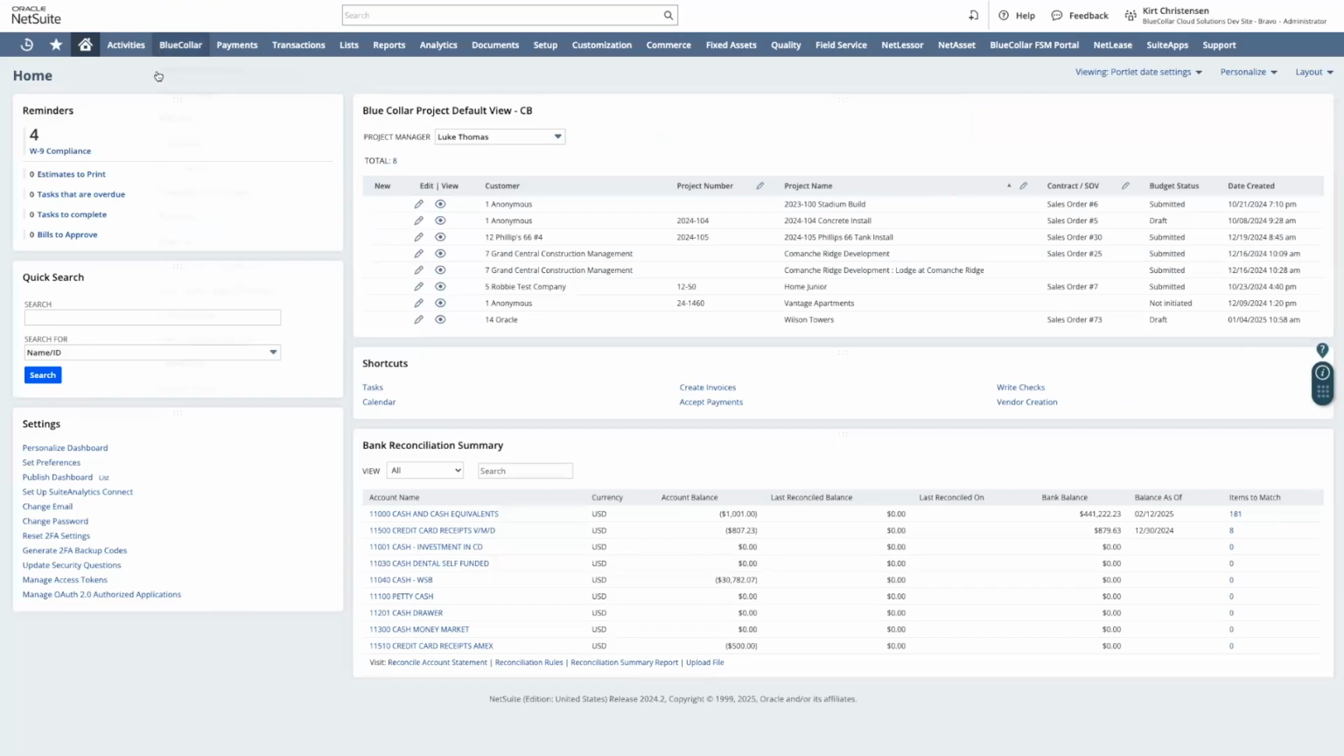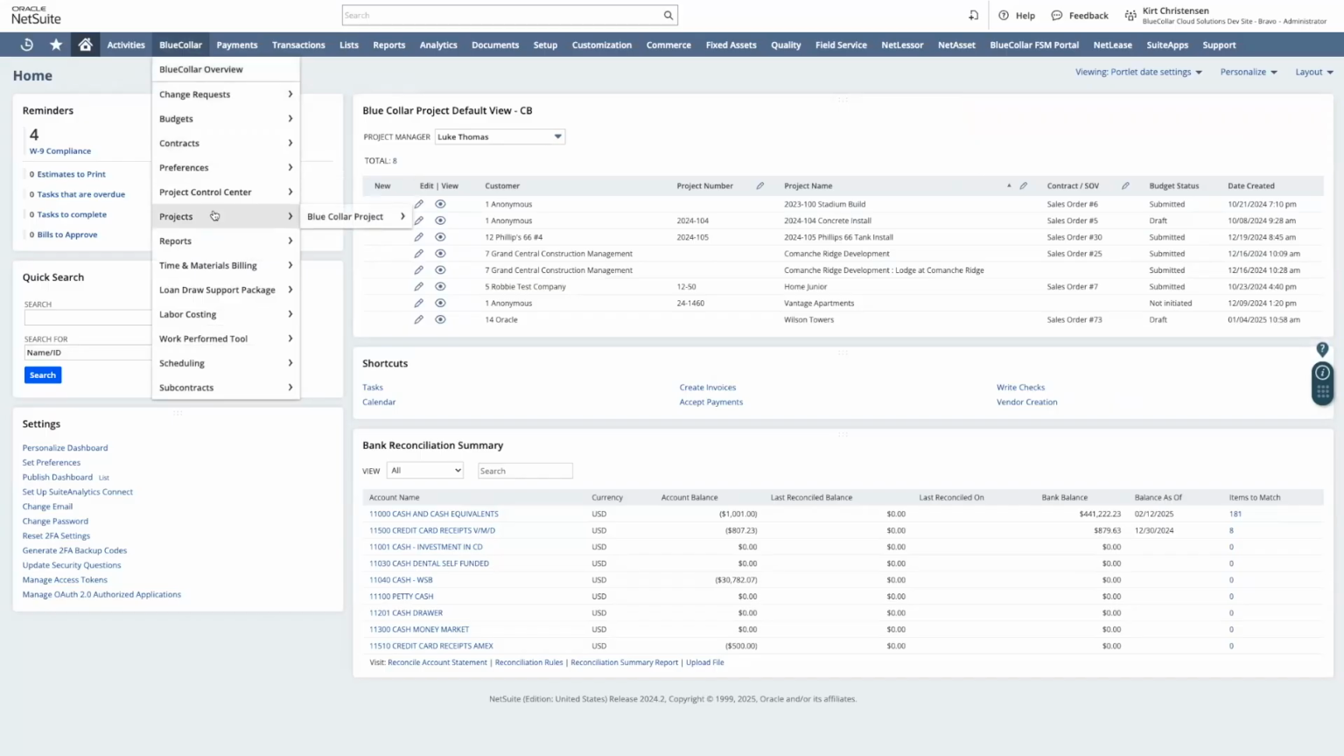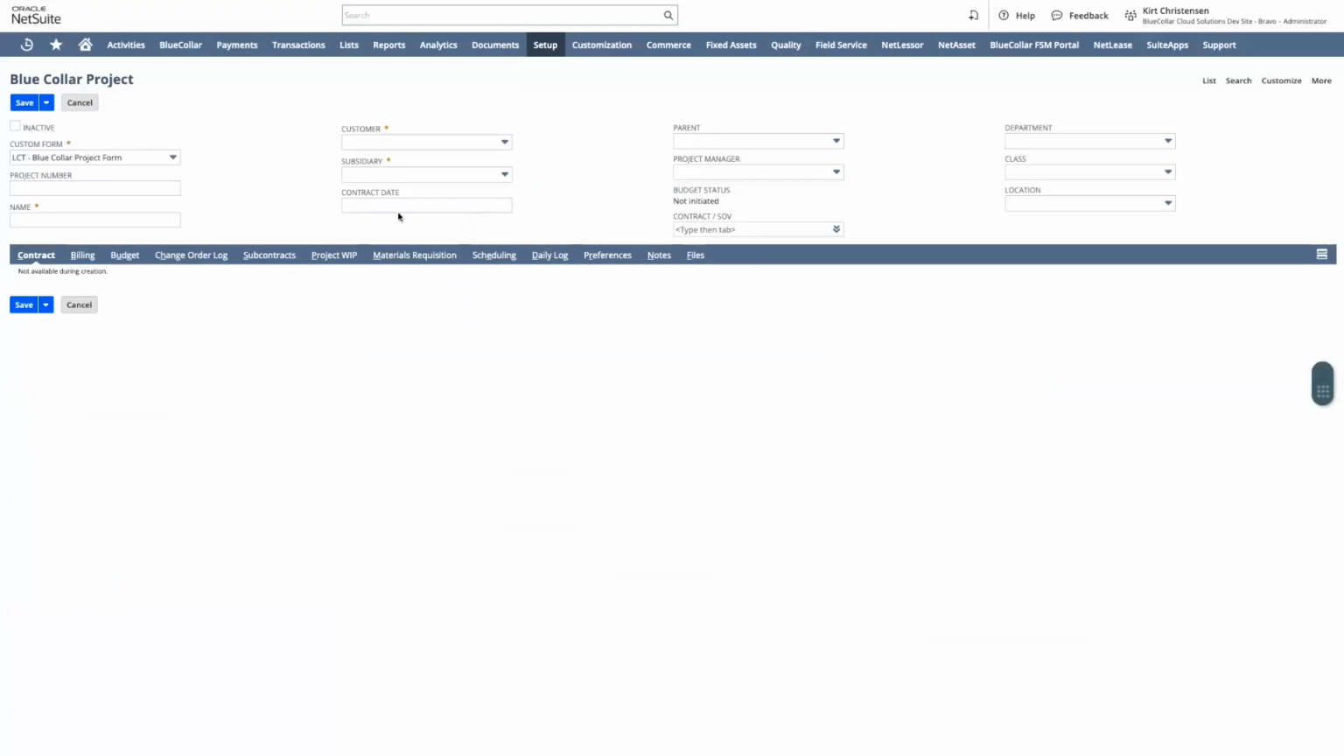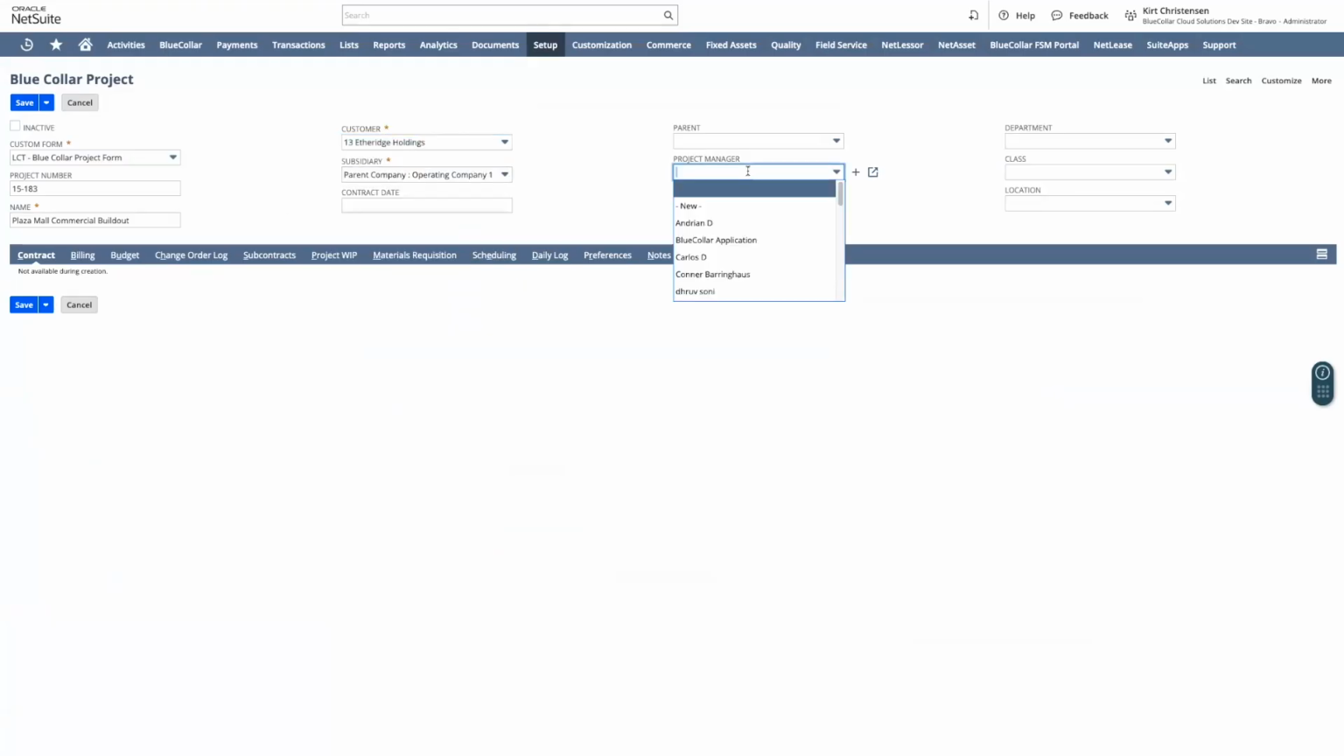So let's go back here to our home dashboard. And from the Blue Collar menu, we're going to go ahead and say Blue Collar Projects, New. We're going to give it a project number here, and we're also going to give it a name. Let's call it a Plaza Mall commercial build out. And it's going to be for, let's say, Etheridge Holdings. At this point, we're also going to assign it a project manager. Let's go ahead and pick our buddy Luke here and give it to him, and we'll go ahead and save